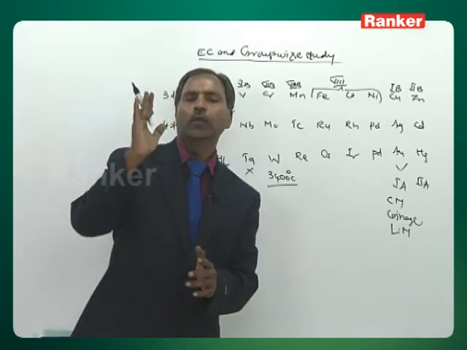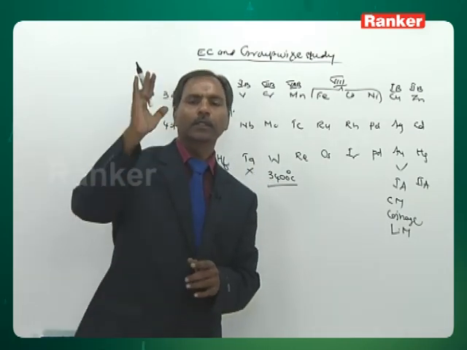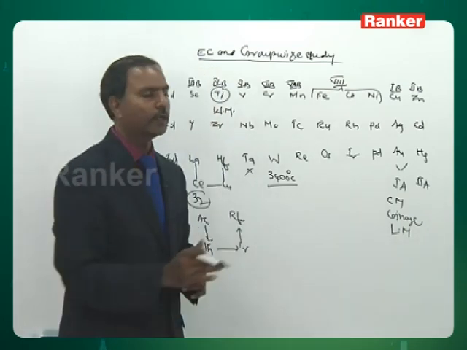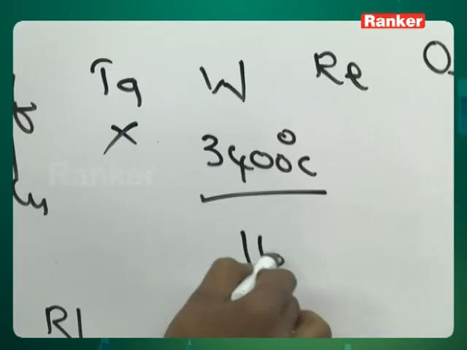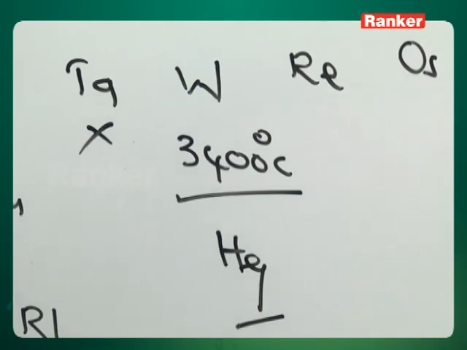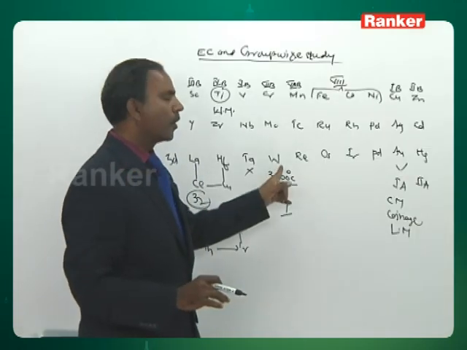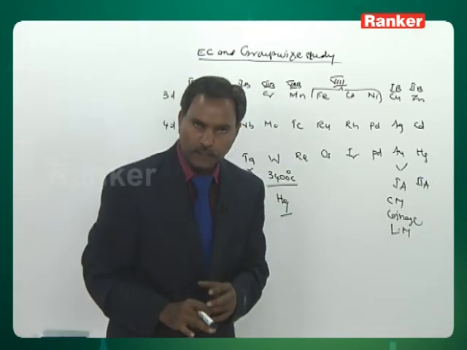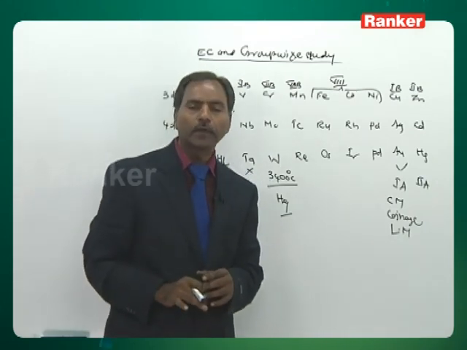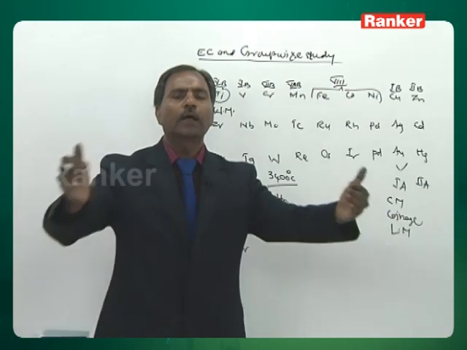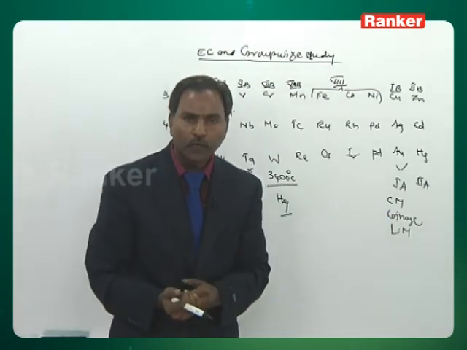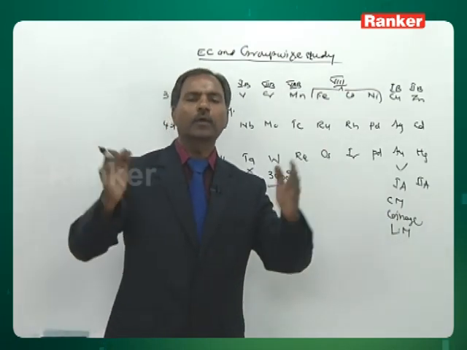Can you say which has the lowest melting point? Among all the metals, the lowest melting point is observed for mercury. It is minus 29 degrees centigrade. Among the metals, highest is tungsten and lowest is mercury. But among all the 112 elements in the periodic table, which